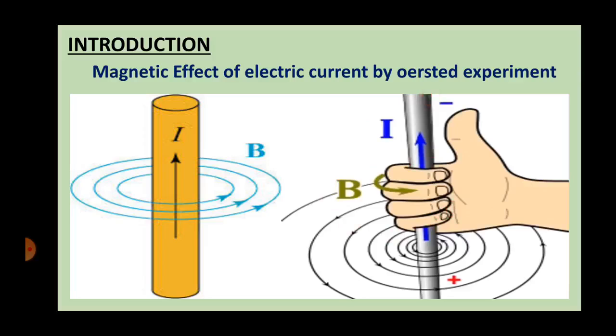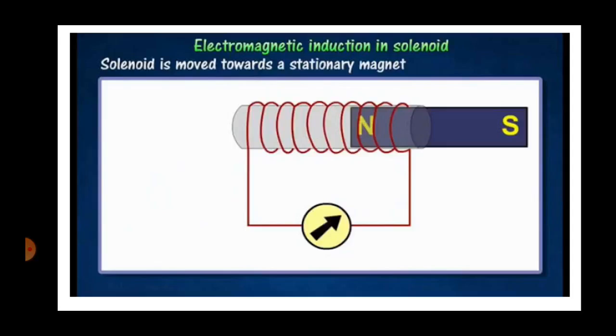Later, Ampere also proved that a current carrying conductor, that means a solenoid, behaves like a bar magnet. That is, when an electric current passes through the solenoid, the solenoid behaves as a bar magnet. So when electric current is allowed to pass through the conductor, coil of wire or solenoid, it produces a magnetic